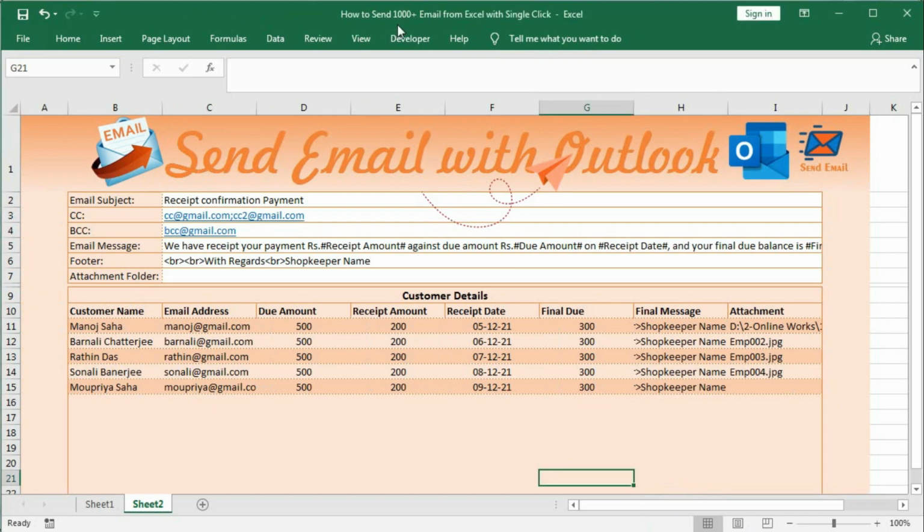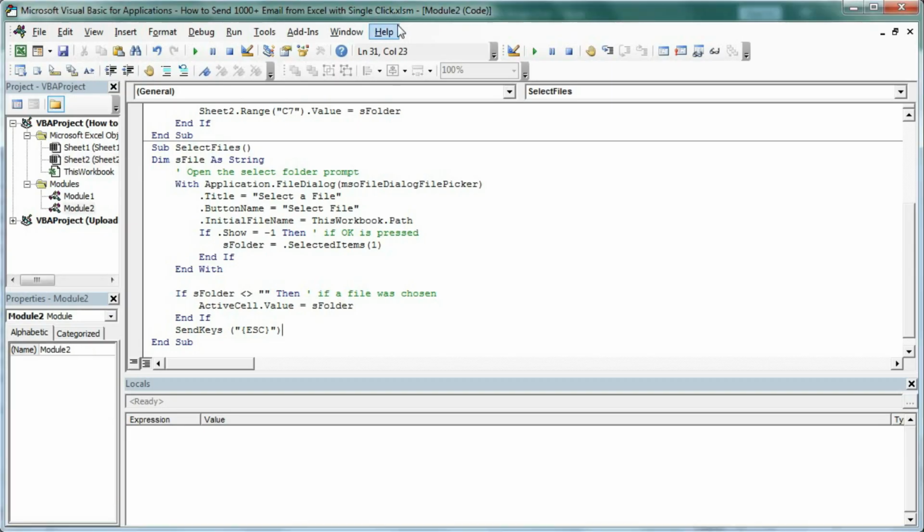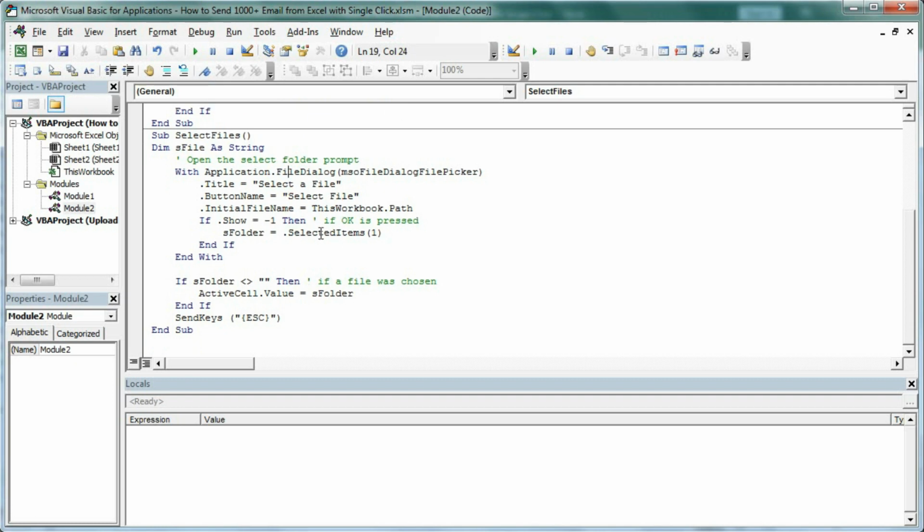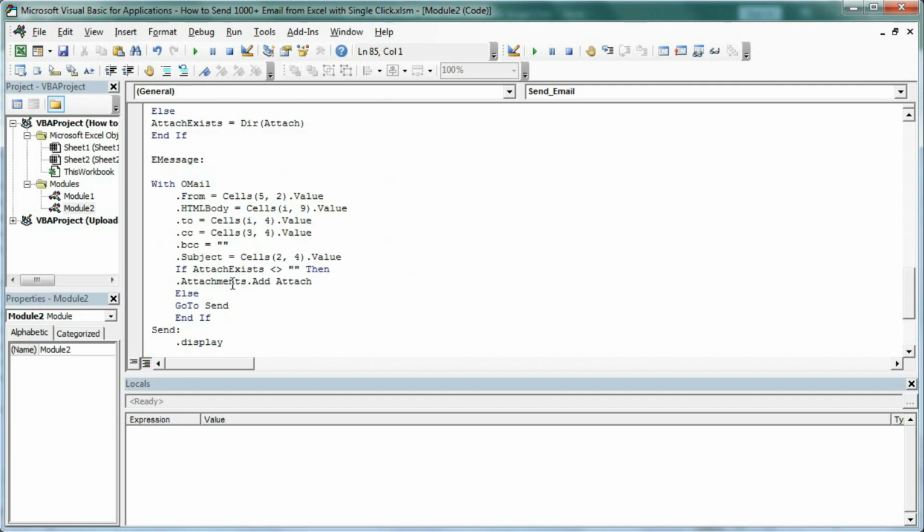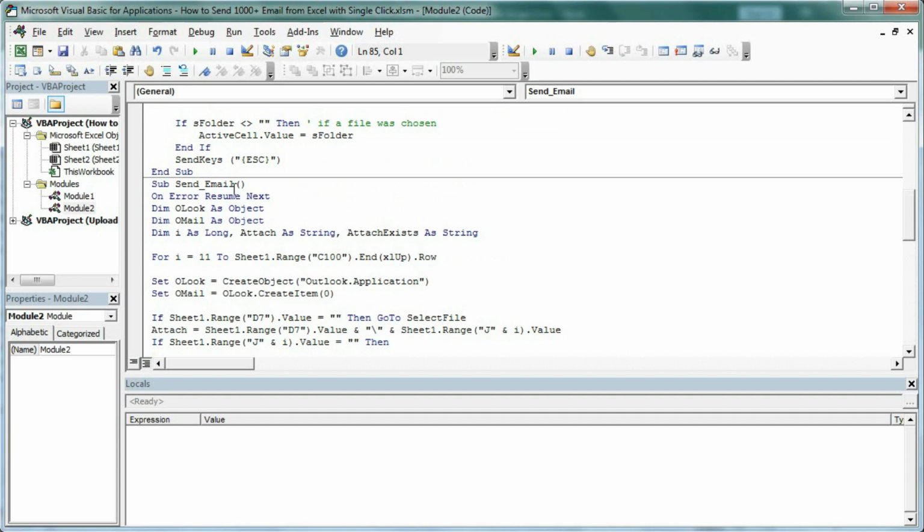So go to Visual Basic and here at the end type another code, this one, Send emails. On error, resume next. Dim Outlook as object, dim email as object, dim I as long, attach as string and attach exits as string.